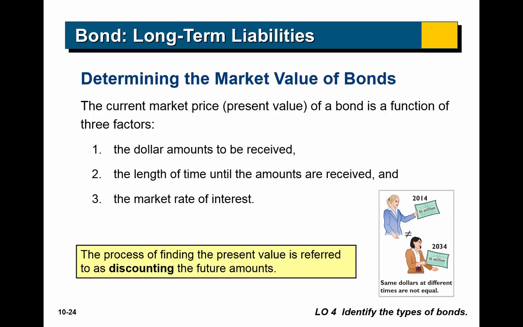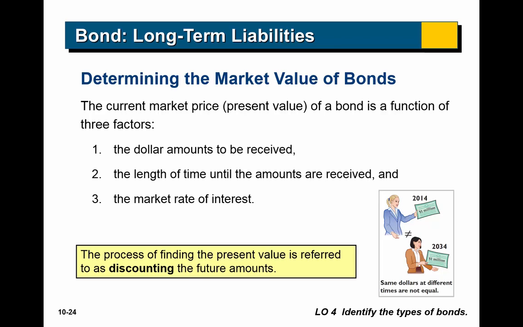In other words, if I were to go buy a brand new bond being issued today from somebody, would I get 9%, or would I get better than that, or would I get worse than that? If the best I could get today was 6%, then I might be willing to pay more for a bond that's paying 9%. Conversely, if I could get 12%, then I wouldn't want to pay full price for a bond that's only paying 9%. So these are the things that matter when we're trying to figure out the market value